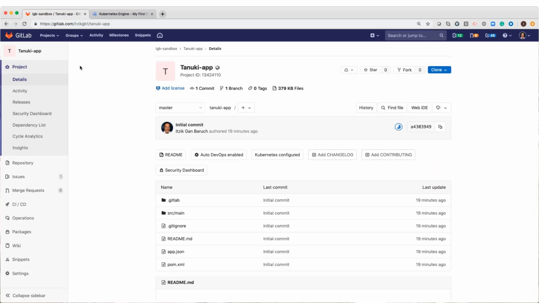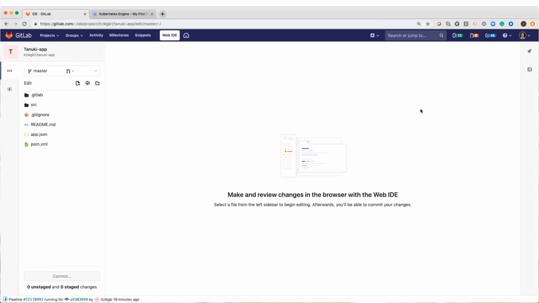All right, so I created the issue and now I can open the web IDE. So this is another feature in GitLab. It's very handy if you want to have quick changes. You don't need to use even your local IDE. You open the web IDE, it opens the repository. You can select the branch that you want to use, but now we have only the master. So I will go to the code